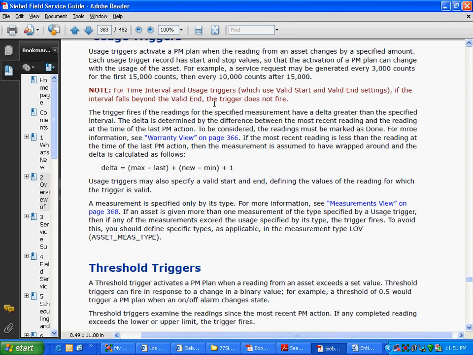Yeah, so basically the trigger event has to be within the start and end date. Okay.